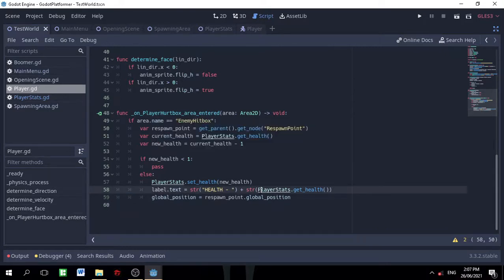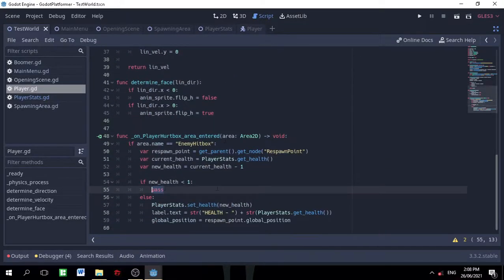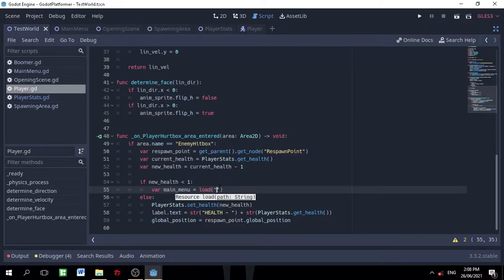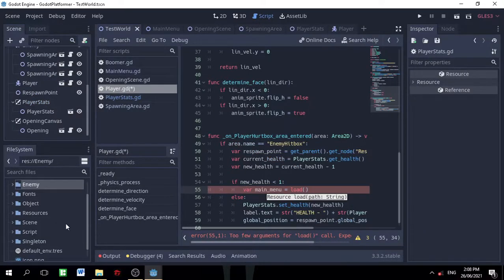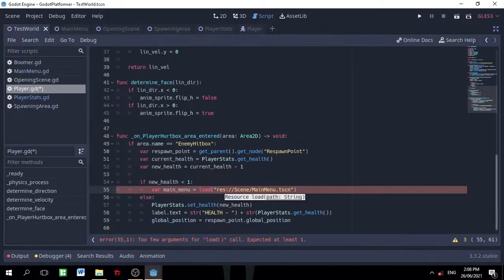respawn. Now let's just go to the respawn point of our player. Now here, if our health is less than 1, sorry, if it's 0 or less than that, then we have to change scene to our main menu. So let's declare the main menu here. So var main_menu is equal to load our main menu. To load our main menu, let's just get the main menu scene, drag that there,